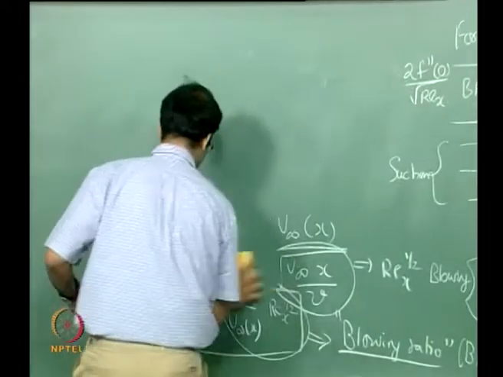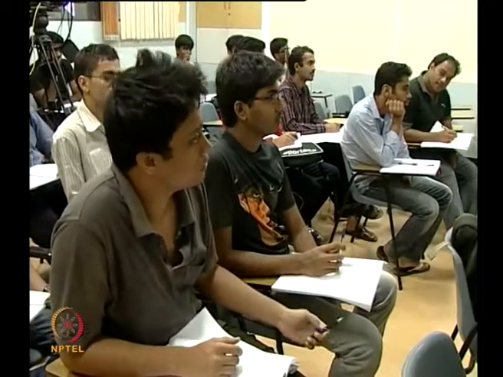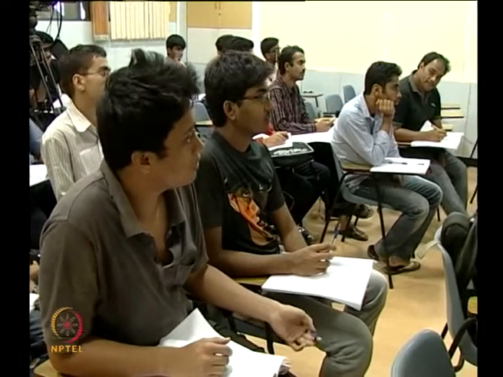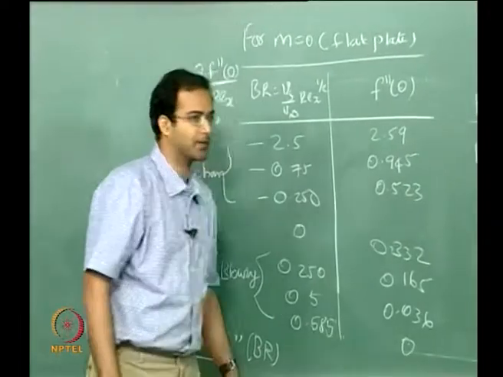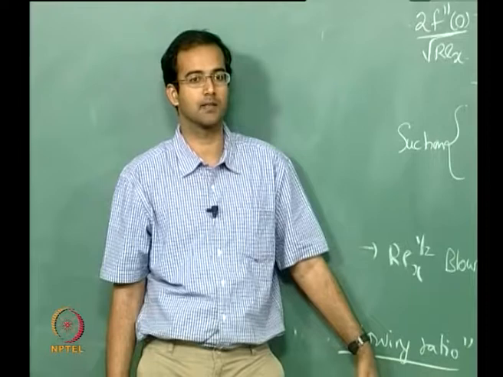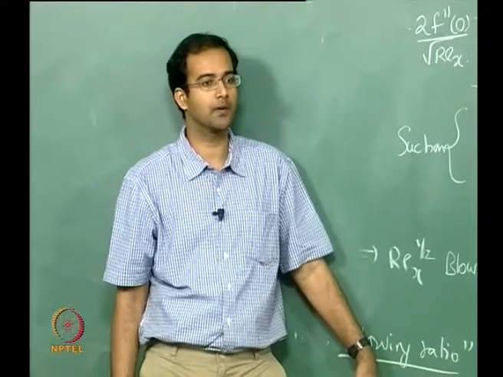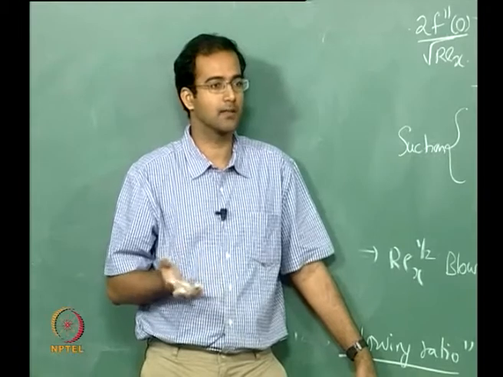Any questions on this so far? Why will the momentum, like why will the flow remain the same? That should also vary. Because we are not considering variable properties. We are assuming that the constant property assumption is still valid. If your properties are a function of temperature, then yes, you do not have a similarity solution in that case.